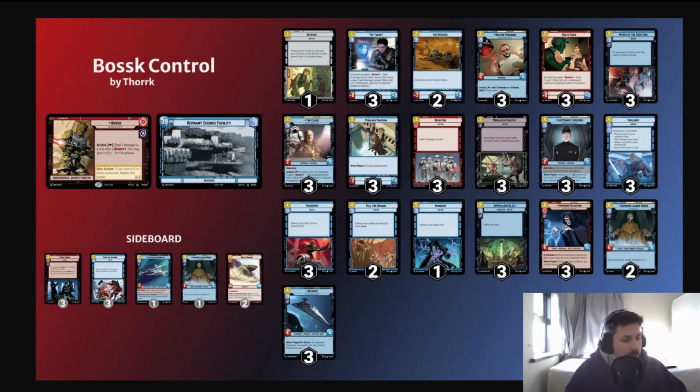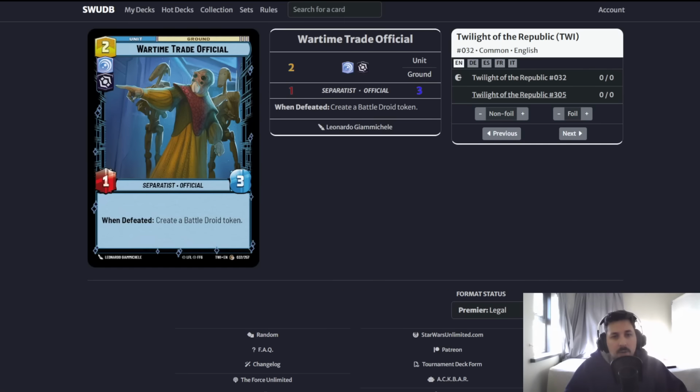So we move on directly to the Twilight of the Republic cards that are good against Heart Control. Small threats are usually very good against Heart Control, and Wartime Trade Official is a very good example. This card does not die to any of the -2/-2, and it provides you with a threat that you can attack with every turn. It's an excellent way to block Power of the Dark Side because it dies